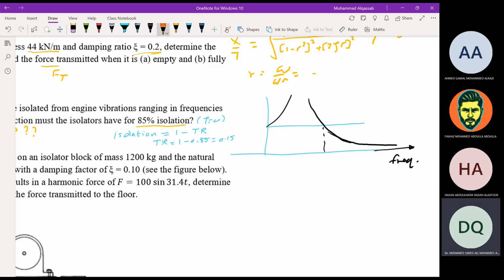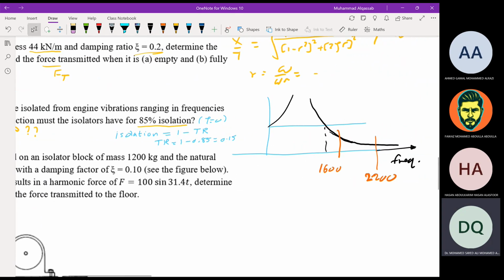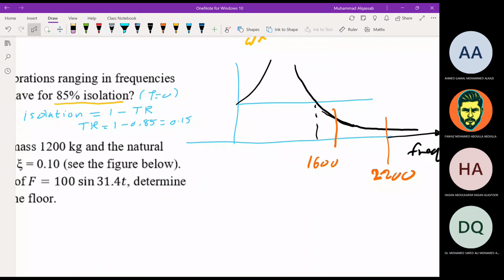Okay, I will assume that here is 1,600 CPM and here is 2,200 CPM. The given range. This is the range from 1,600 to 2,200 CPM. So the frequency of excitation, which one will we take? When we come to the transmissibility TR, for undamped,